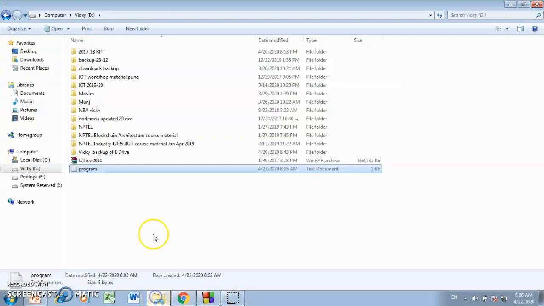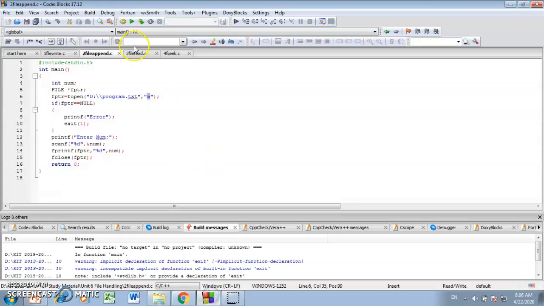If I want to read the contents from a file, how to read the contents? So this is the code for reading the contents from a file. Main function, see here I have created the file pointer using the data type FILE. Here first I need to check whether the file which I want to read is present on your disk or not, right? So D program.txt, read mode is here. If the file is not present, that means if the file pointer is getting NULL, it will give me the message error while opening the file, and it will come out of this loop.